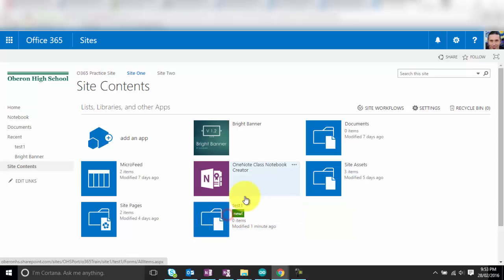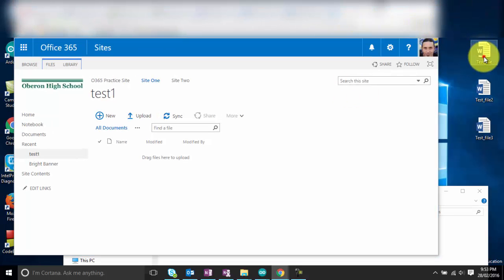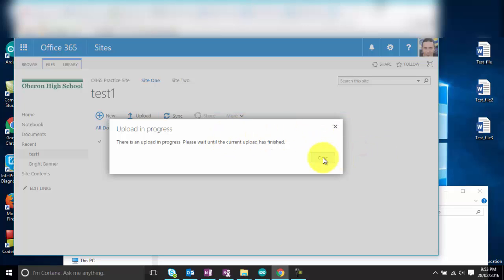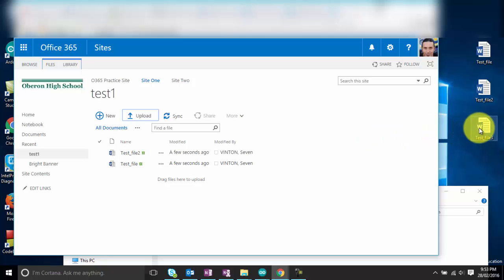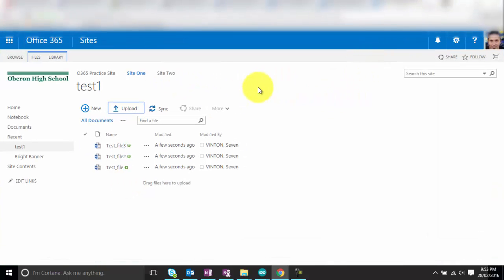So if I click on that one now, it takes me to the document library itself, and I'll upload a few of these files here. Okay, so we now have these 3 files in this document library. Okay, now if I go back to the test site here,